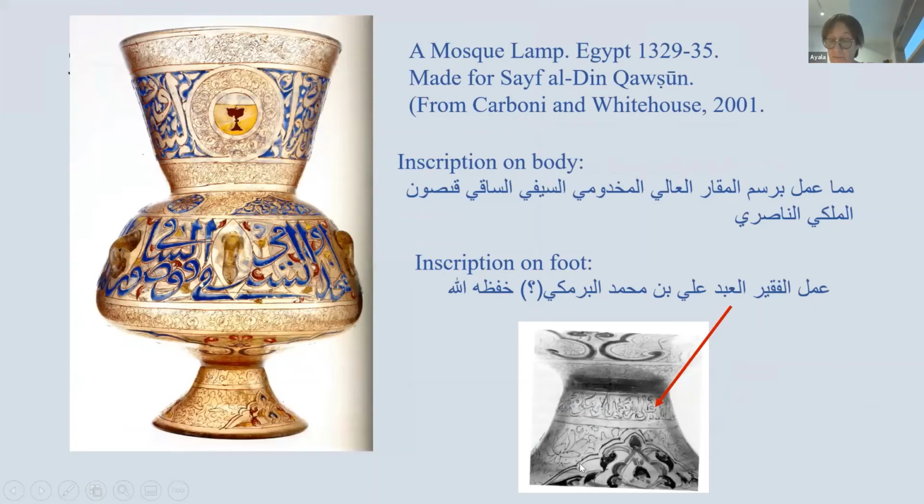Another unique lamp was made for one of the emirs of the Sultan, Al-Nasr Muhammad ibn Kalaun. It bears the light verse of the Quran on the neck with the following inscription on the body: Mima amala al-makar al-ali al-mawlawi al-mahdumi al-sayfi al-saki kawsun al-maliki al-nasiri. That was made for His Excellency, the Exalted, the Lord, the Royal, the well-safe Saif ad-Din Kawsun, the cupbearer of